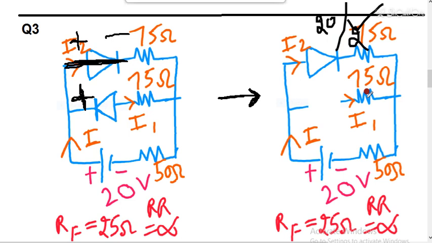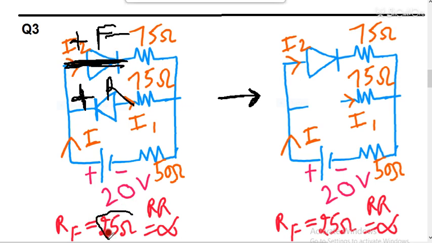Okay, so you can easily expect these types of questions in the examination, and this is how to handle them. I hope question number 3 was clear, and the concept was that the upper diode is forward biased and the lower diode is reverse biased. So the upper diode will act as a closed switch that has a resistance of 25 ohm, and the lower diode will act as an open switch that has infinite resistance.